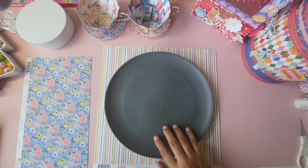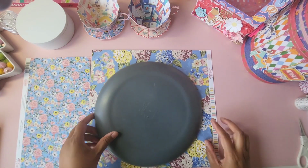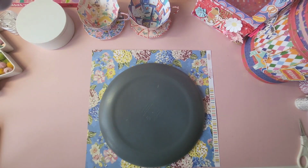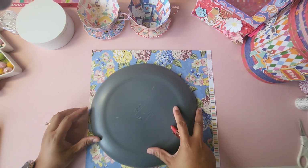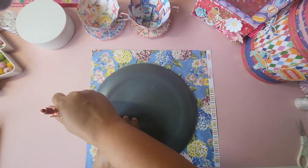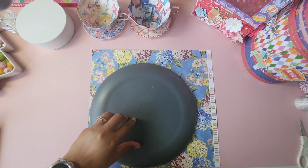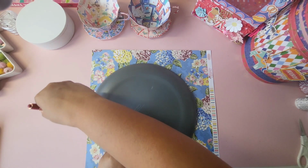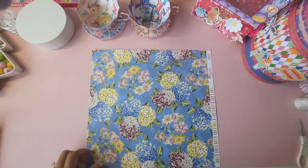And then the next thing you will need is a plate, or it doesn't have to be a plate as long as it's a round piece that you can trace onto your paper. This one is a 10.5-inch plate from Walmart. You will be needing a total of 2 traced on cardstock, and then also you will need an extra one traced onto a chipboard or anything that's thicker